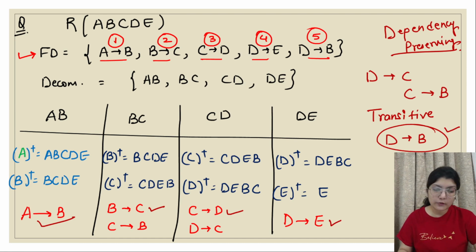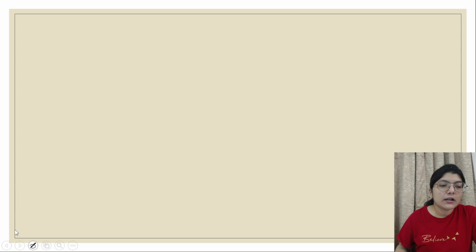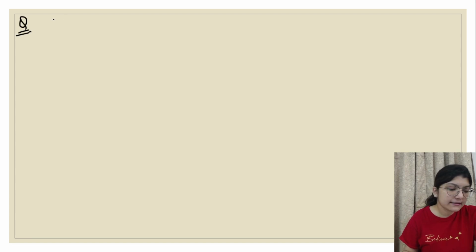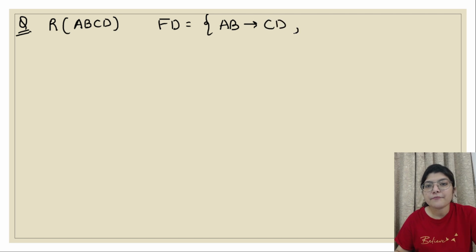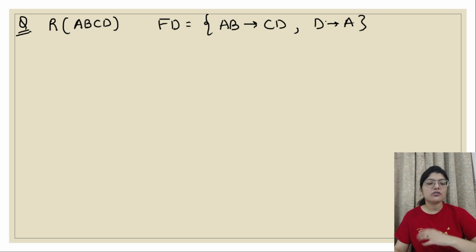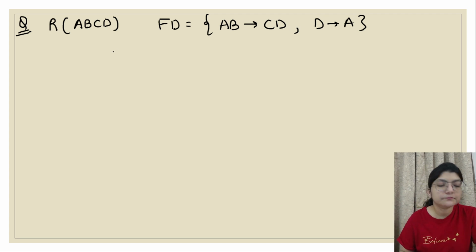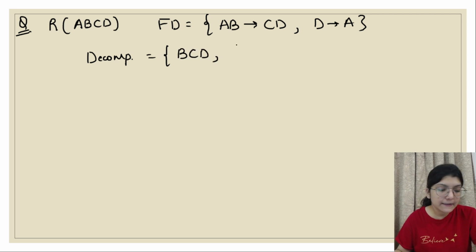We'll do a few more questions. Okay? Let us do another question. Let us say that I have a relation R, A, B, C, and D, and the functional dependencies given to us are, see, since this will be a recorded video, what you can do is, I have written the question, you can pause the video and try the question yourself, and then you can check whether the given answer is right or wrong. Okay, if you have understood the point. And the decomposition has been performed into B, C, D, A, B, C, and A, D.